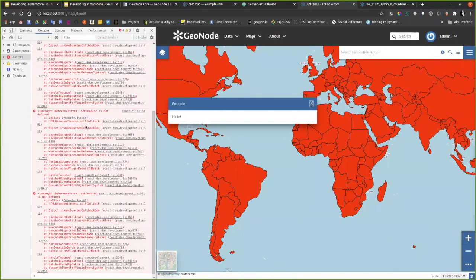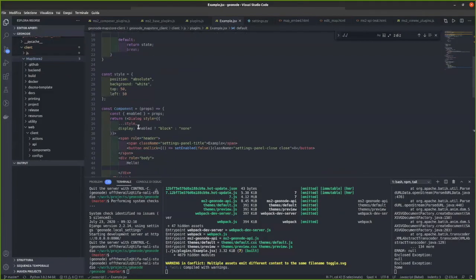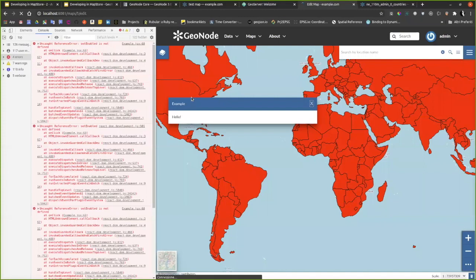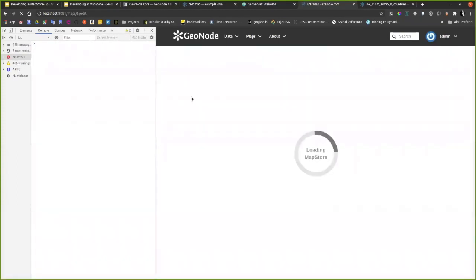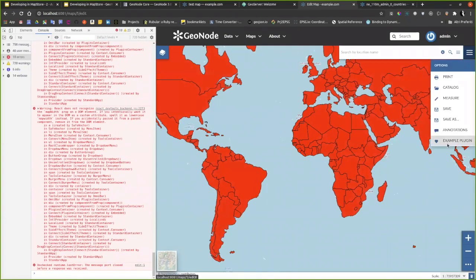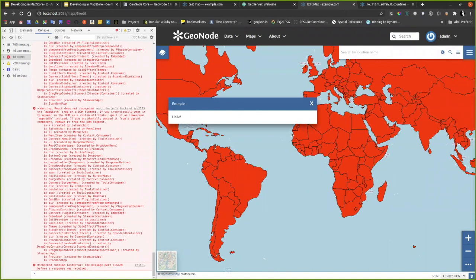And here I did something wrong, so I cannot dispatch. Set enabled is not defined. Here, set enabled. It's missing here. I simply didn't extract it from props. Now I can click here and I can close it. And here I can start inserting whatever I want, a tool that does things and interacts with the map